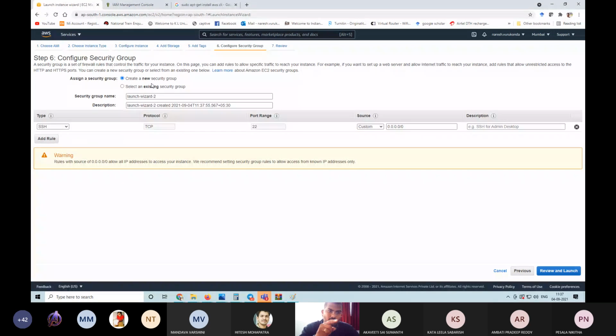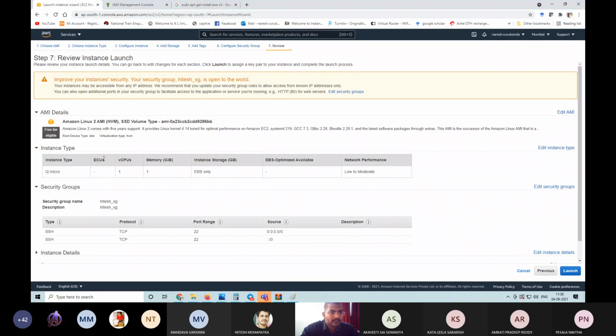Now here you require SSH, and make sure to keep it as anywhere. Always remember the name for what you are doing, Hitesh, it is easy for us to remember as well as to delete. So everything from here on, next,